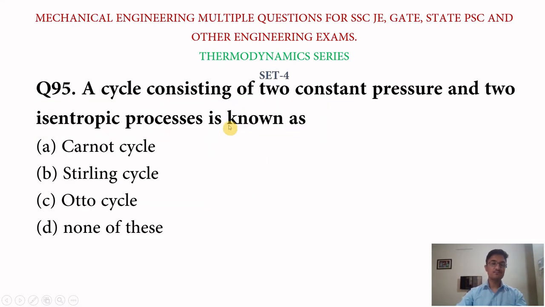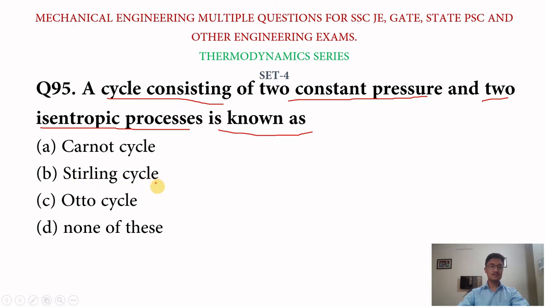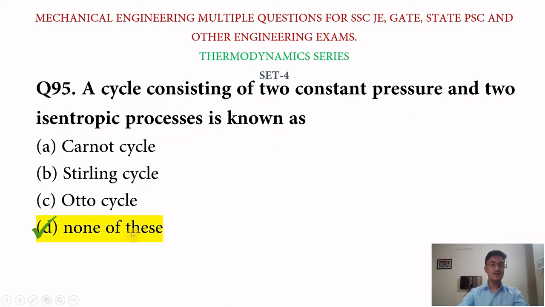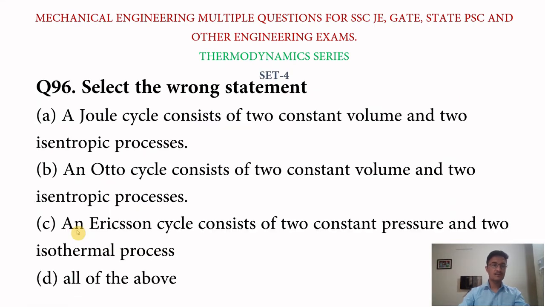Next question is, a cycle consisting two constant pressure and two isentropic processes is known as, we have four options, Carnot cycle, option B Stirling cycle, option C Otto cycle, option D is none of the above. So its answer is none of the above. Next question is,